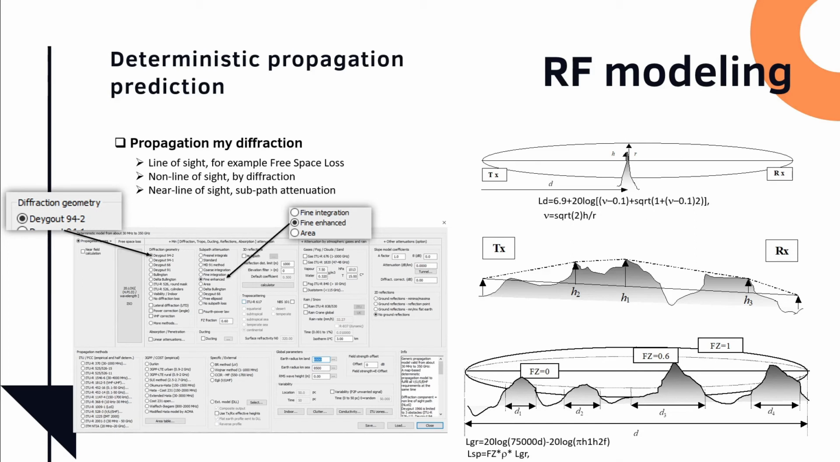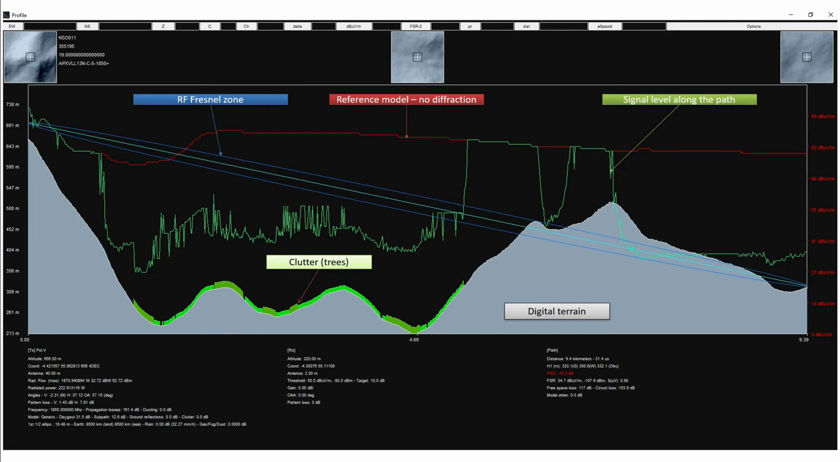A more accurate model will produce more accurate predictions. And today, this kind of models, or terrain or clutter, is widely available to everybody. So this is a summary of how propagation works. So let's start by defining